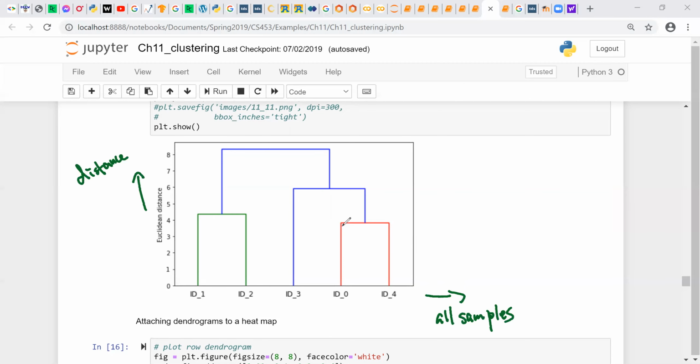Then you can clearly see that the first time it does clustering, it clusters 1 and 2, 0 and 4, and then you cluster. So this is a cluster, and then you group, you merge. We merge. That's how hierarchical